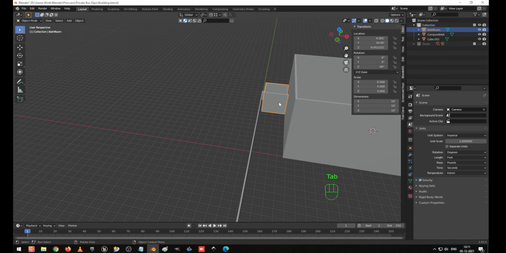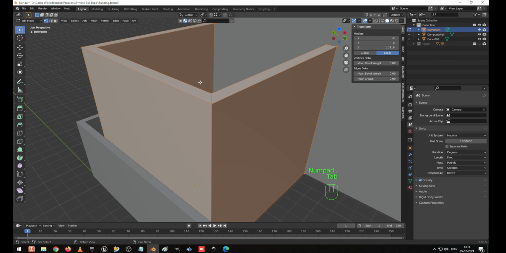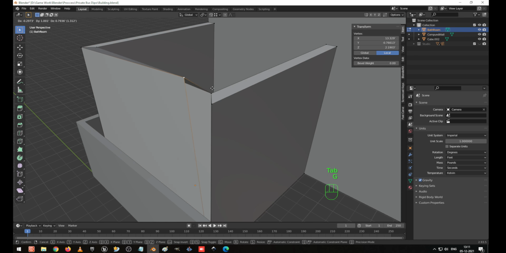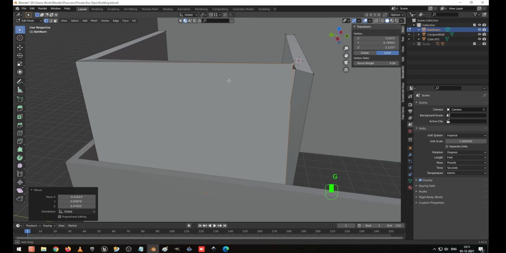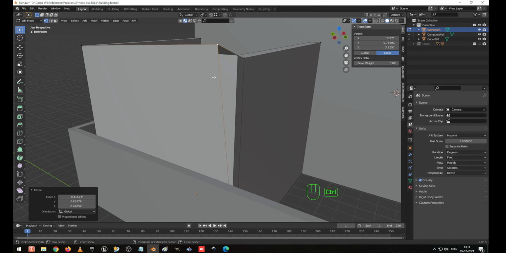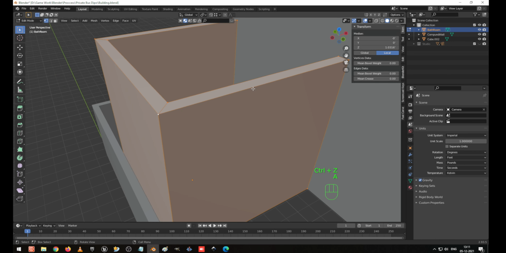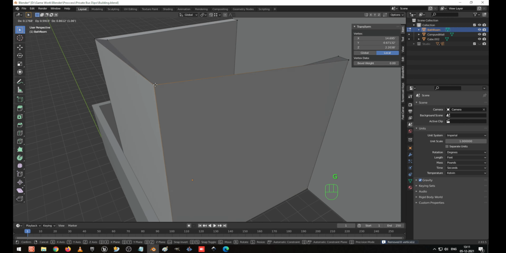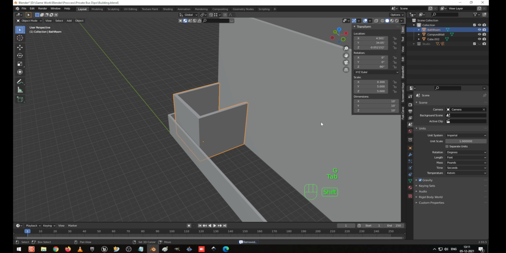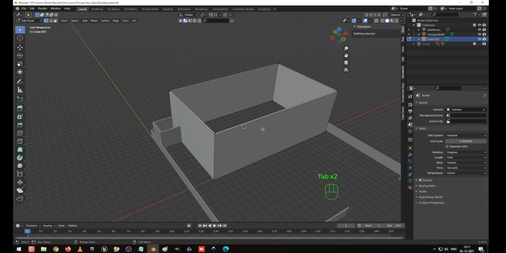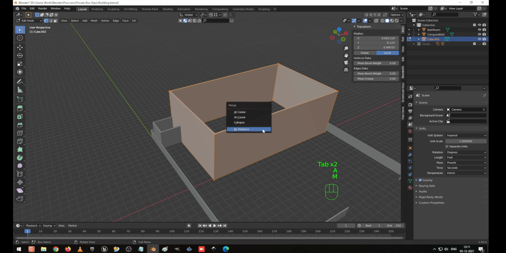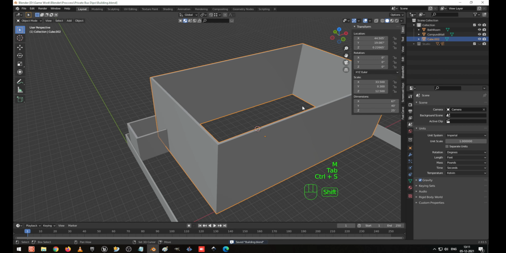That's the problem I was telling about. So I go to edit mode. Now if I select this one, you can see the vertex is not joined. So to join that, select everything, M, merge by distance. Now you can see the joint has been merged. The same way I am going to do it for this big one also. Go to edit mode, select everything, M, merge by distance. Now our thing is ready.